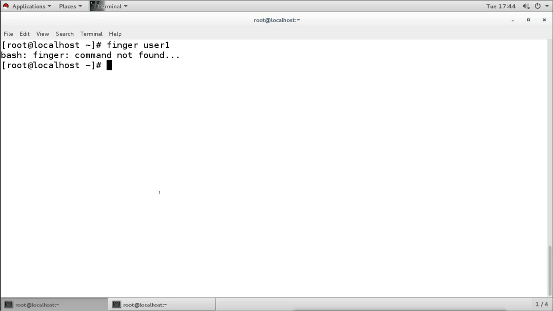By default the command finger is not installed. But if we like, then we can install this command or install this tool to work with it. It has actually two options. One, the normal finger command will do what? The command will be used to create the information and to see the information. And there is one more option, one more software, one more tool, which is for the finger server. We can configure the finger server to provide the information on network. So users' finger information, we can say it is called finger information. Normally we say it is additional information, and that will be provided on network by configuring the finger server.